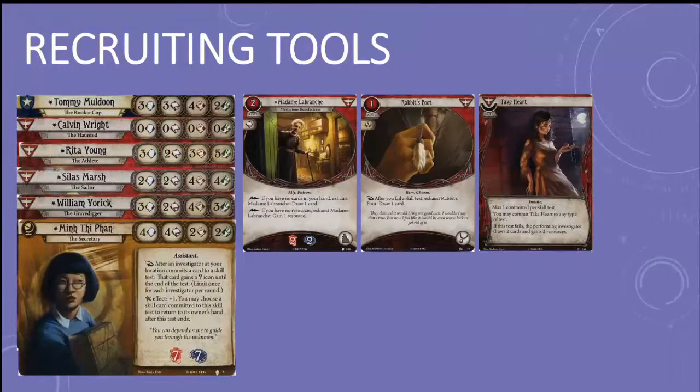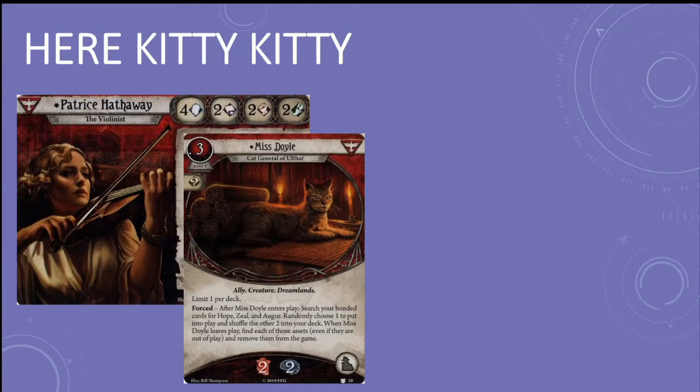Min-Tae Fan has a leg up on her Survivor and off-class Survivor counterparts, since she can play all of the draw and tutor cards from the Seeker class to find Miss Doyle quickly. If you're serious about pursuing the cat strategy, then you should really consider playing Patrice Hathaway. Patrice is capable of drawing through her entire deck in a handful of turns, so finding Miss Doyle quickly shouldn't be a problem. Make sure you've got the 3 resources to pay for her though,